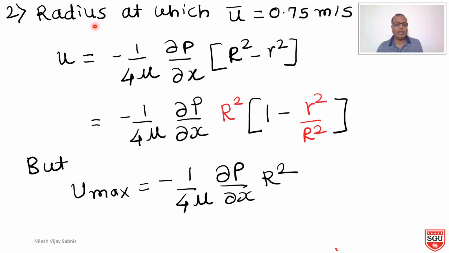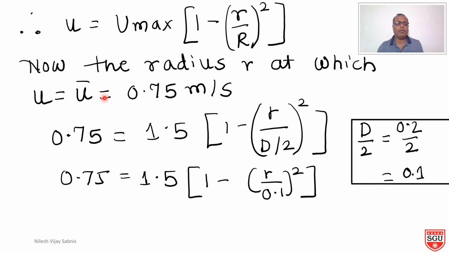Now we are going to calculate the radius at which U bar, that is 0.75 meter per second, occurs. We have the general formula U is equal to minus 1 by 4 mu dou p by dou x into bracket R square minus r square. I am taking just this R square common. So inside the bracket there will be 1 minus small r square divided by capital R square. Let's observe this term, minus 1 by 4 mu dou p by dou x into capital R square. This term is representing the U max. So replacing that term with U max, you will get U is equal to U max into bracket 1 minus